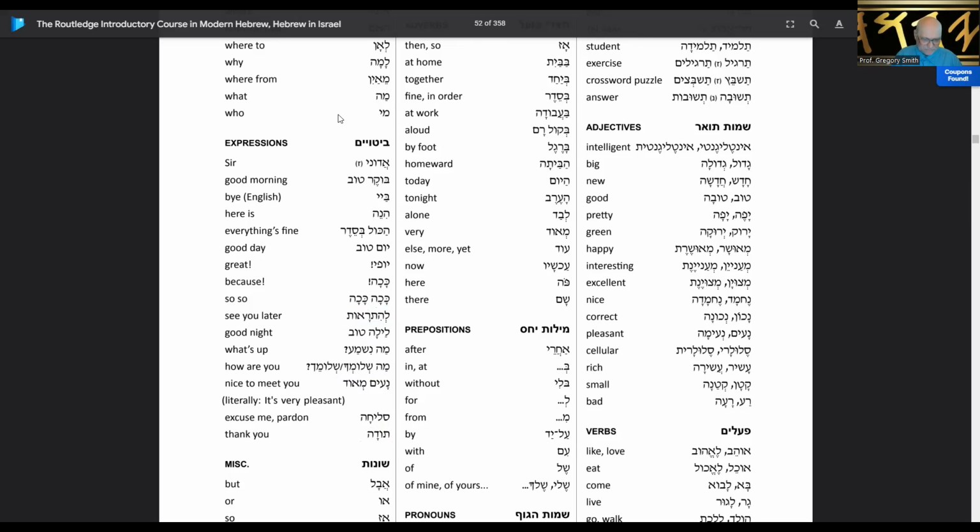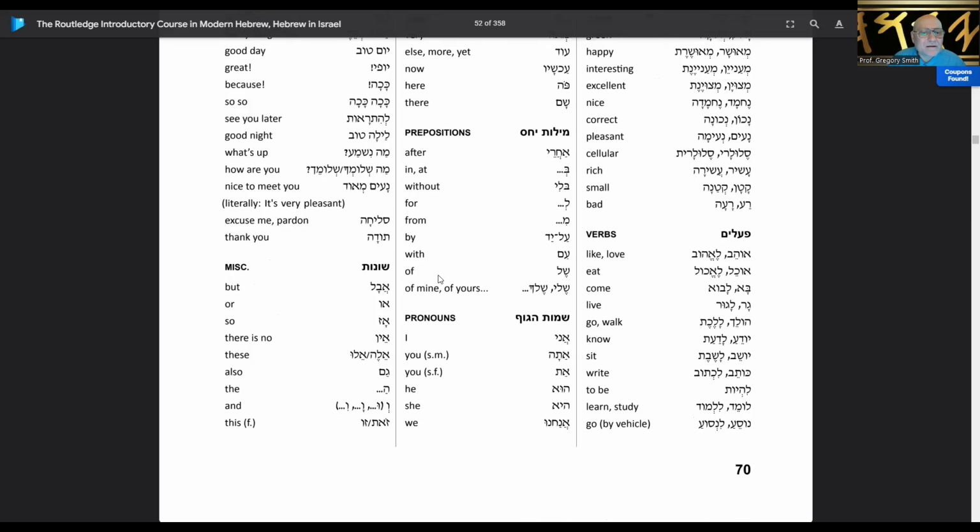Bitoyim, I think it's bitoyim. Yeah, ביטויים, bitoyim. Okay, expressions. All right. Let's see here. This looks like miscellaneous. Yeah, various, שונות, means various. Okay, so